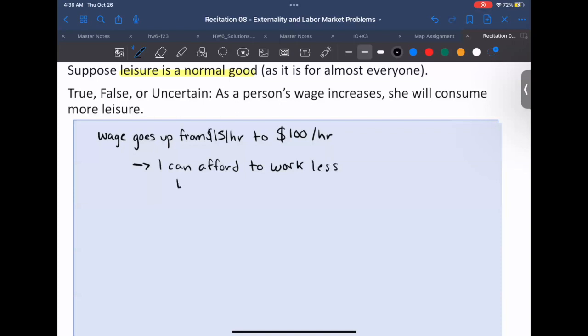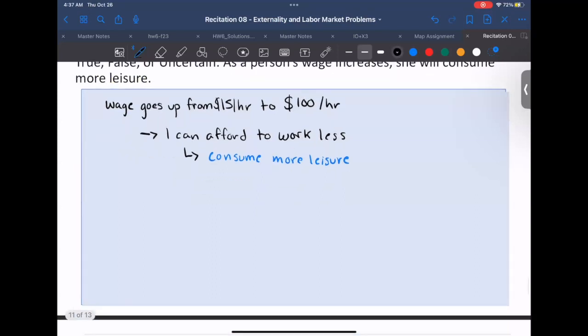And if I can afford to work less, that means that I'm going to consume more leisure. In other words, I'm going to slack off more if I can afford to work less, because I'm going to make the same amount of money in 1 hour that I would make in 5 hours before. However, if the trade-off is between